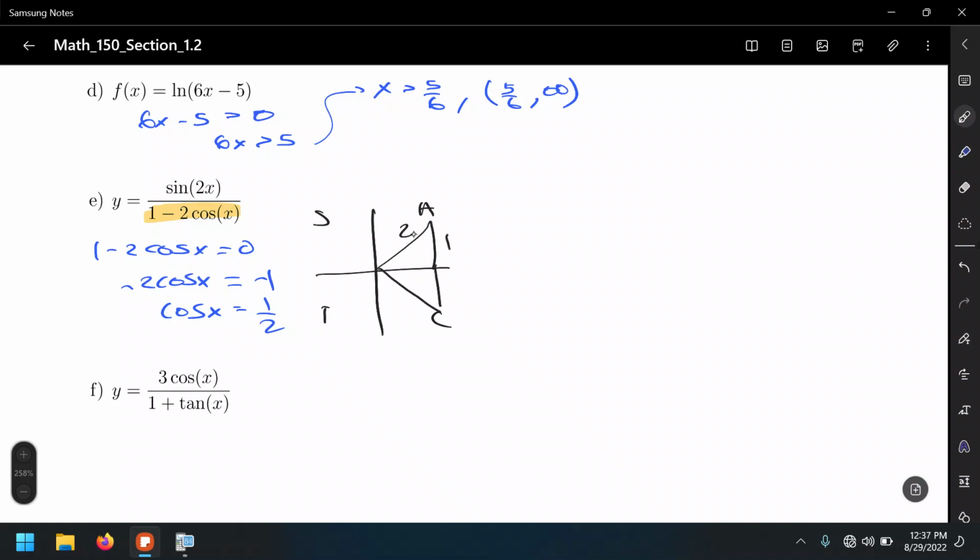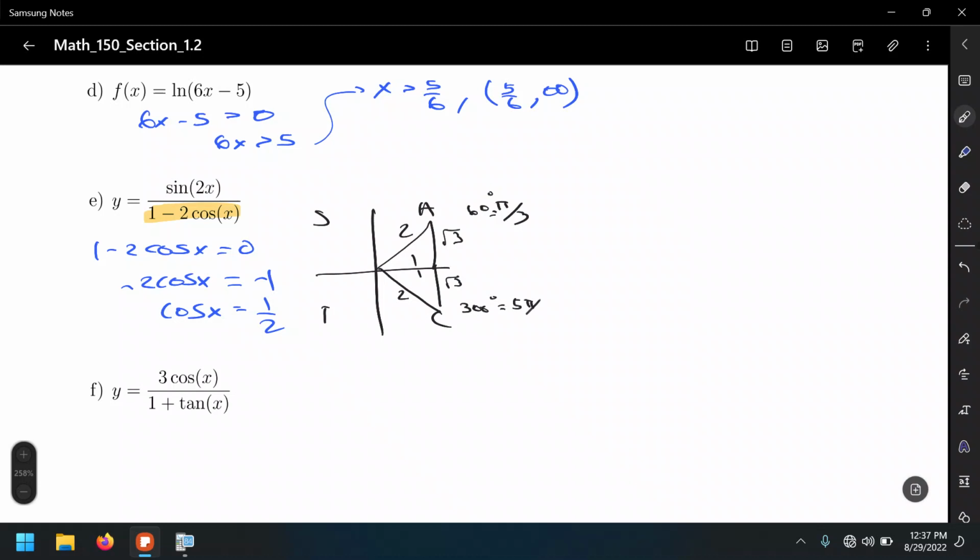So that's 1/2. Oh, wait a minute. 1/2 and 1/2. All right? Because that's adjacent over hypotenuse. So the opposite in this case will be root of 3. And of course, I'm going to do it using the representative triangles. In this case, this is 60 degrees or pi over 3, and this is 300 degrees or